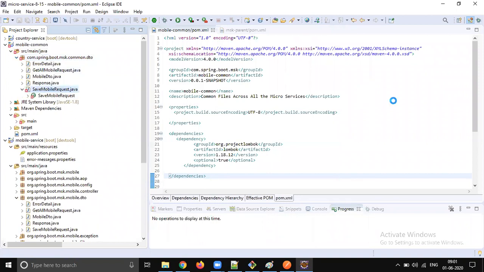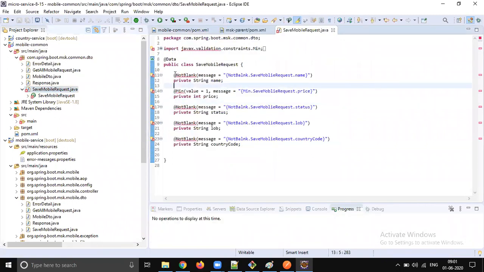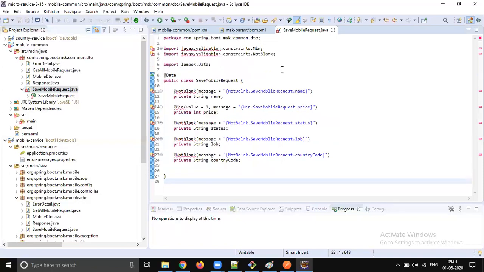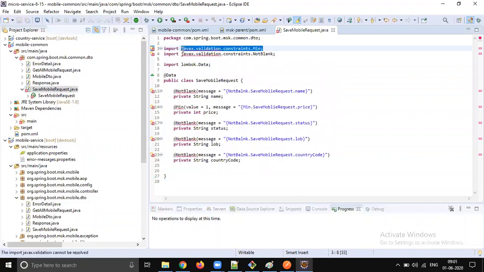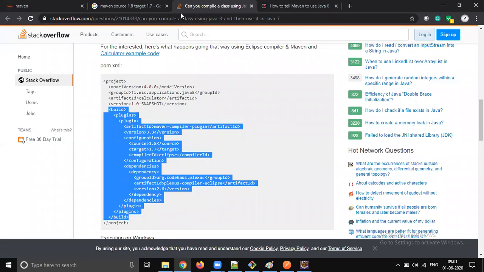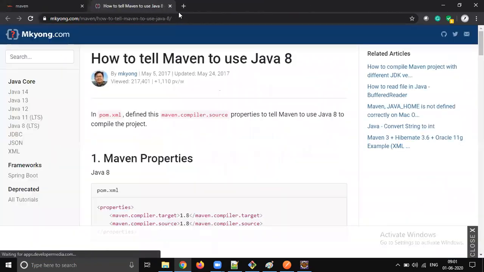Okay, so why is there an error? These are Javax validations, right? So let's add this. Let's add this dependency because all the DTOs will have some common dependencies, right?